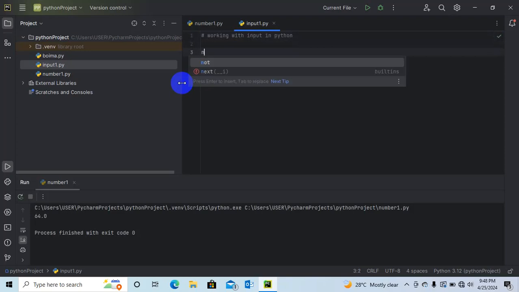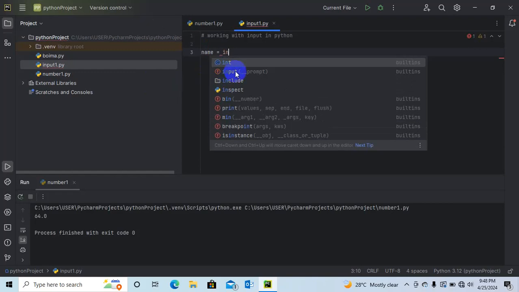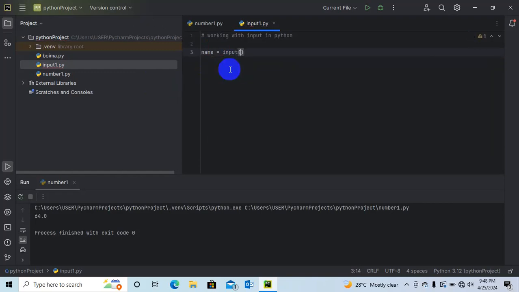So let's say name is equal to input, the name of the function. So input is a function. Then we put parentheses, and this is a string, so I put my inverted commas and I ask the question: what is your name?